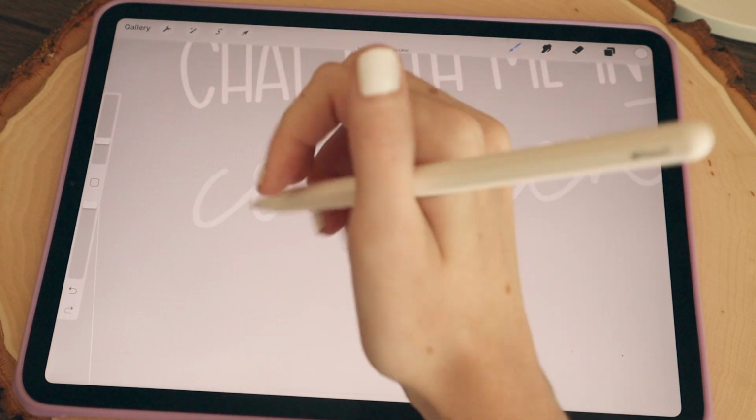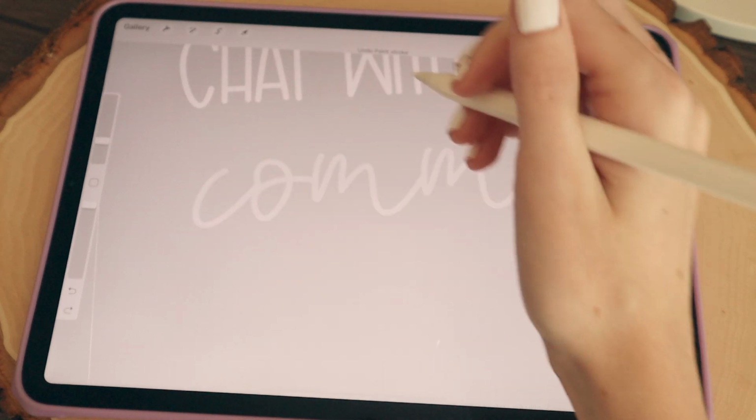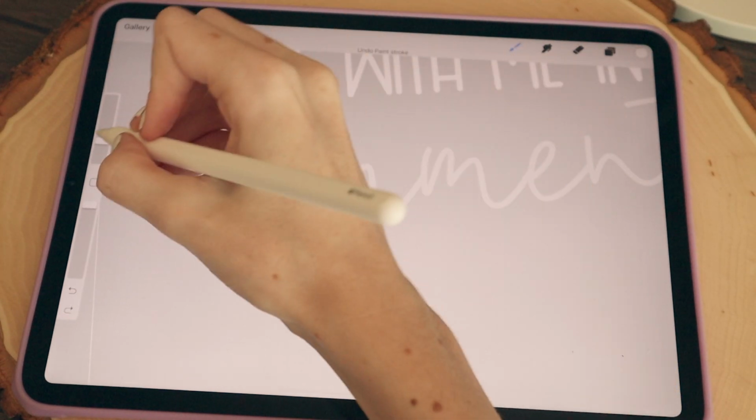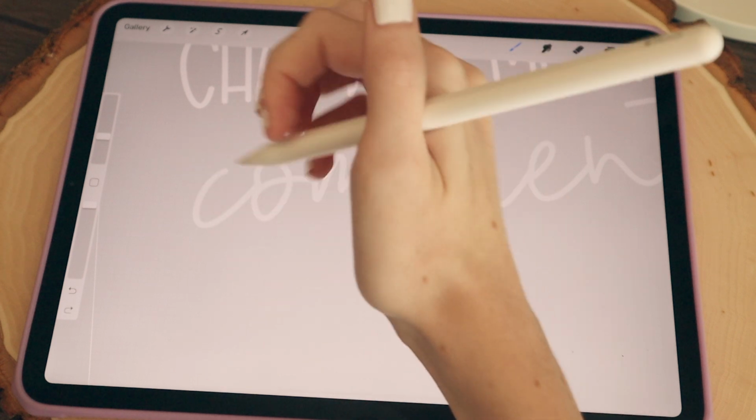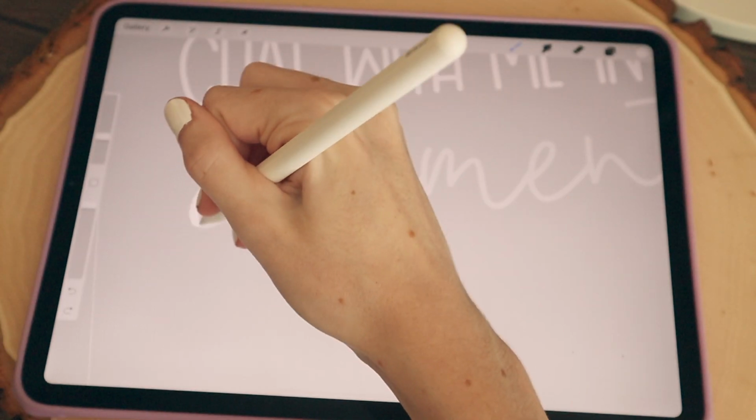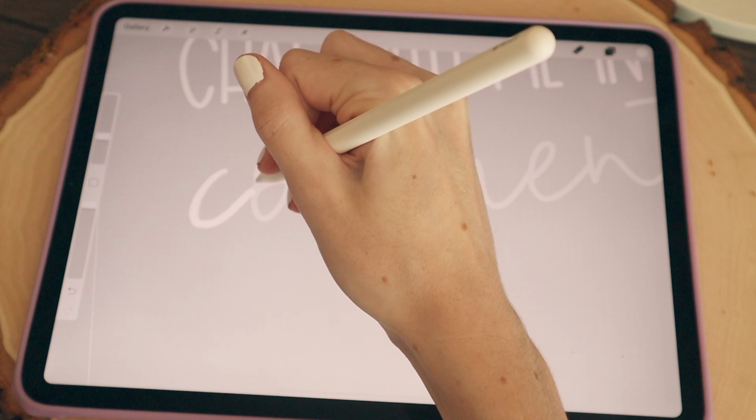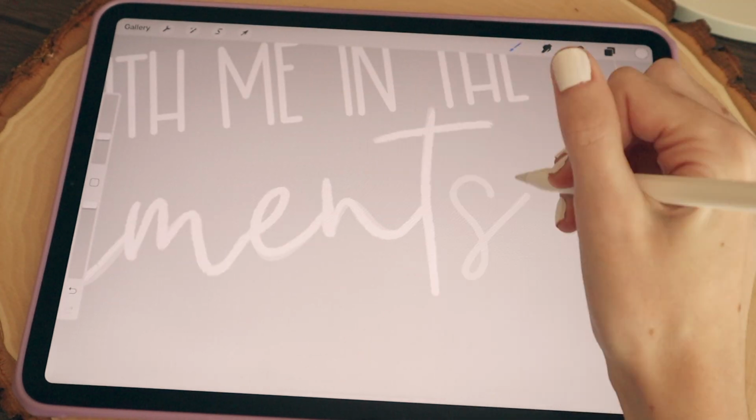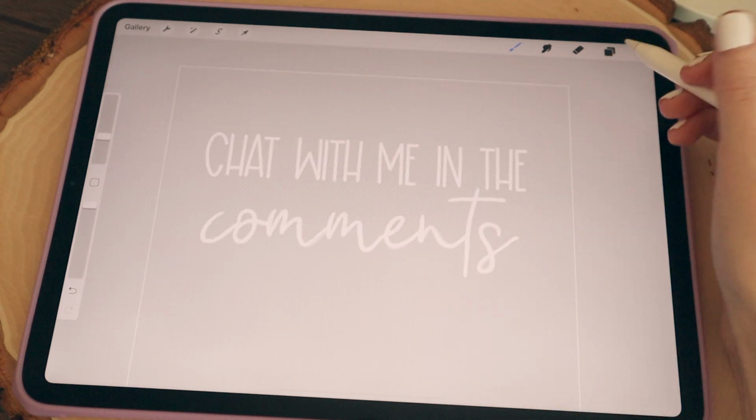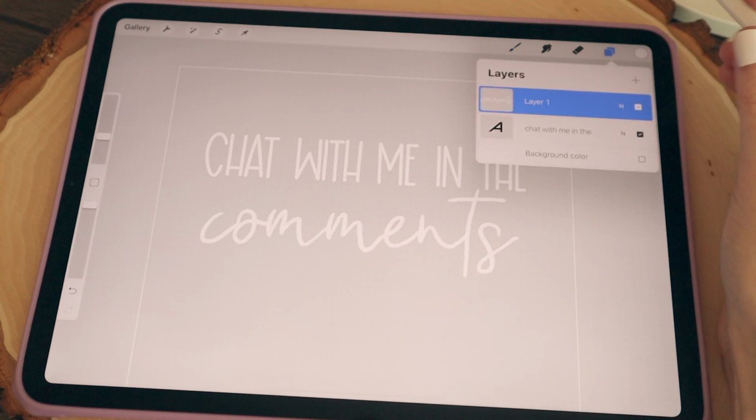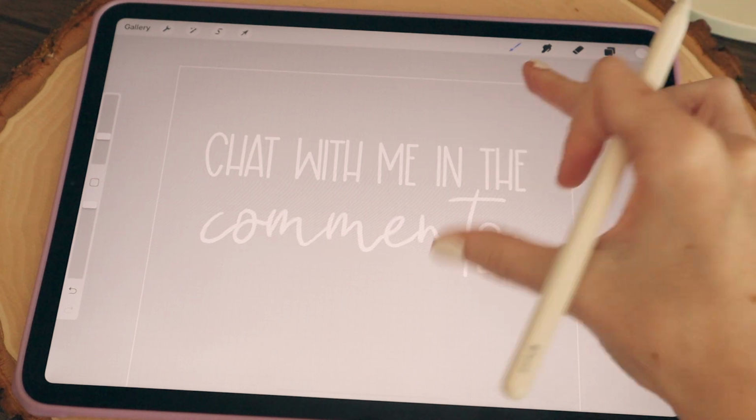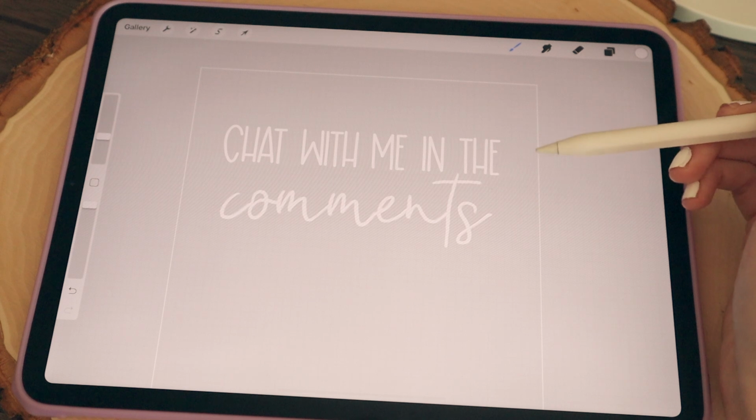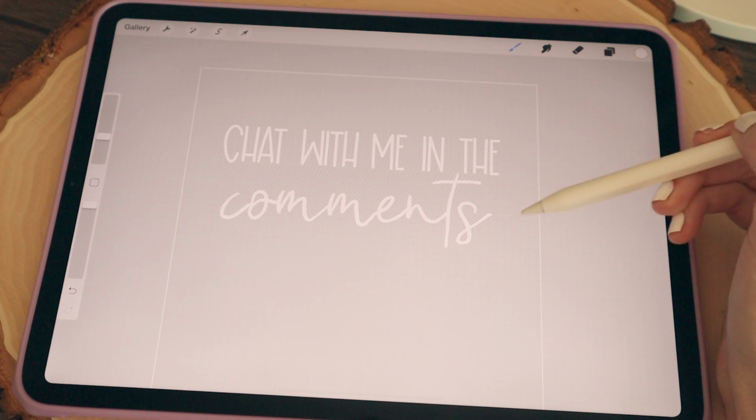Testing the thickness of my brush stroke. I think that's good. And then I'm just going to trace this font. Okay, so now with that, I'm just going to delete that layer. Alright, so now I have the text layer, the layer that I want stationary, and then my traced layer that